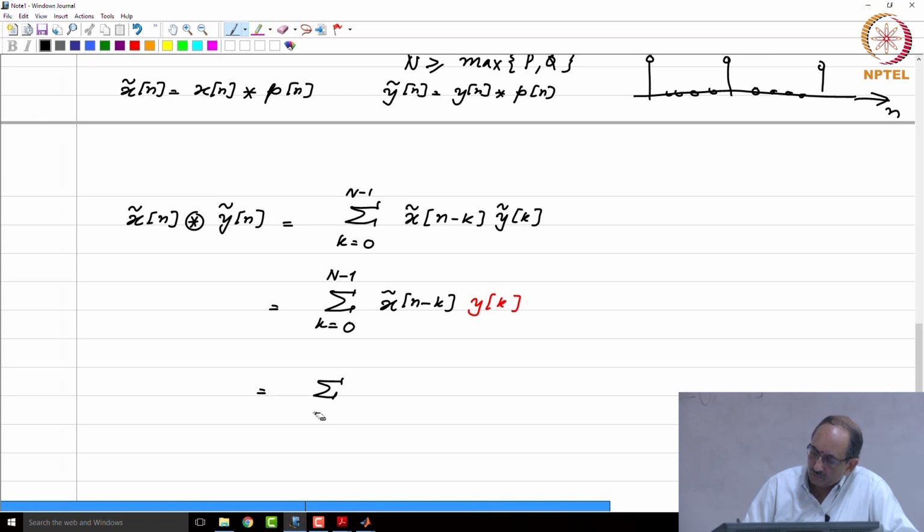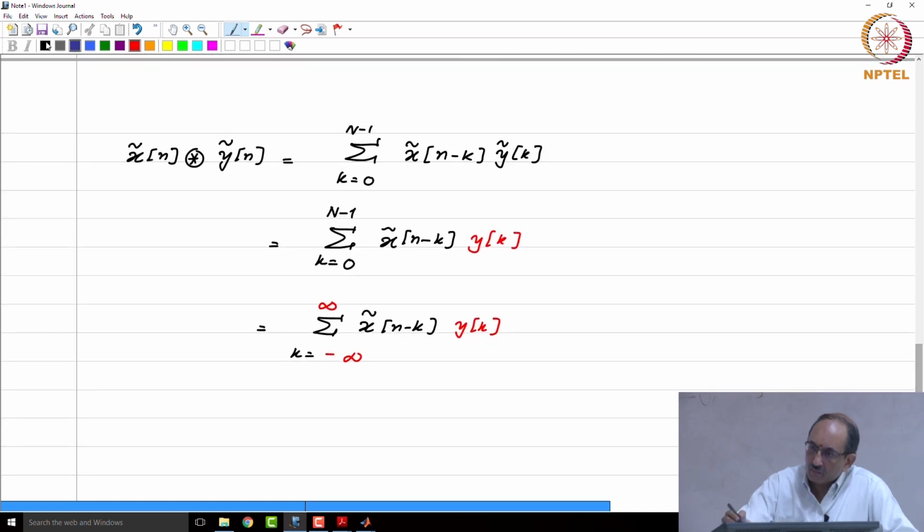And this is x tilde of n minus k, and this is y of k. Now k, you can let k go from minus infinity to plus infinity, because outside 0 to N minus 1, y of k is 0. Therefore, this is perfectly fine,